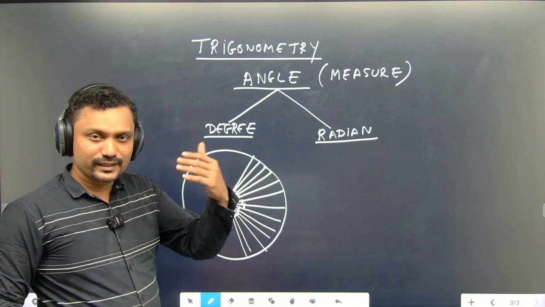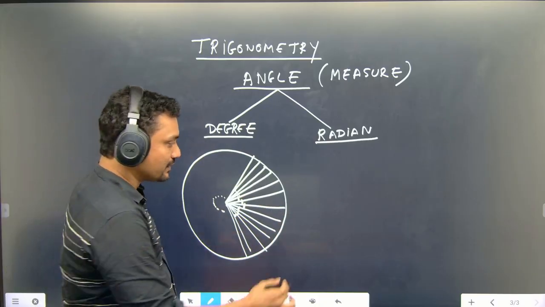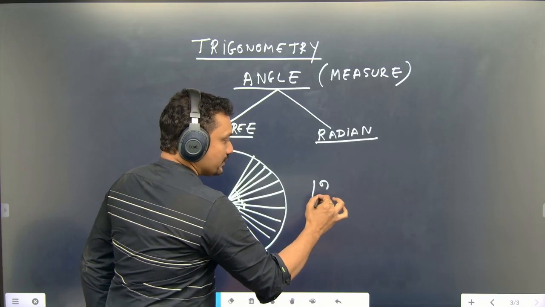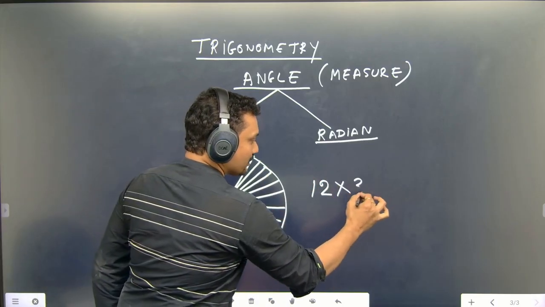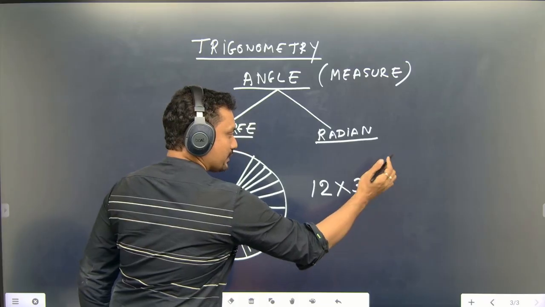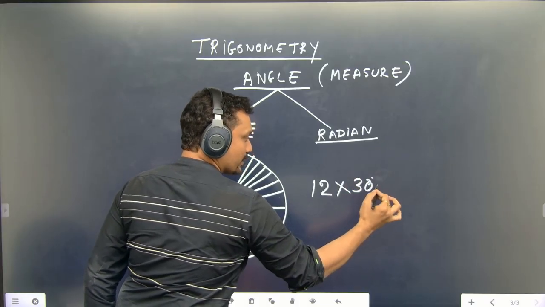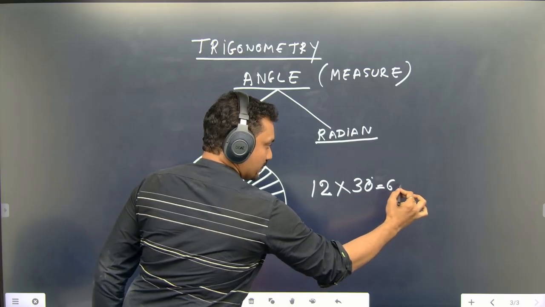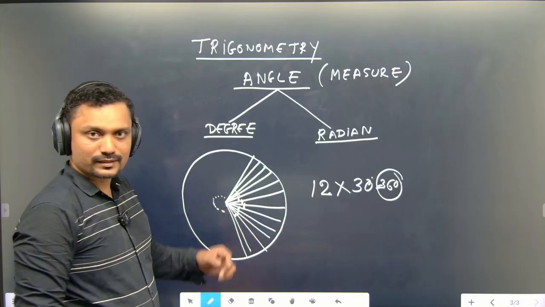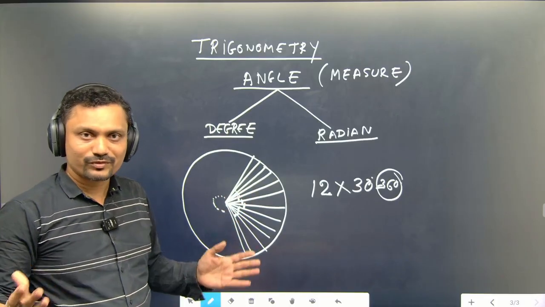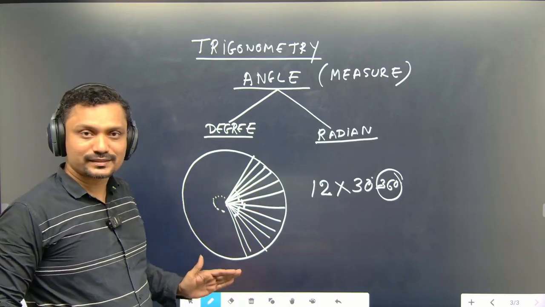Now basically, if you see history, why it is 360 has come from Greek civilization. In Greek civilization, just like us, there were 12 months in a year, and every month had 30 days in their calendar. So 12 into 30 is 360. So therefore they have taken the same number here. That is what history says, and I am not very sure about that, but many students have asked me why it is 360. So